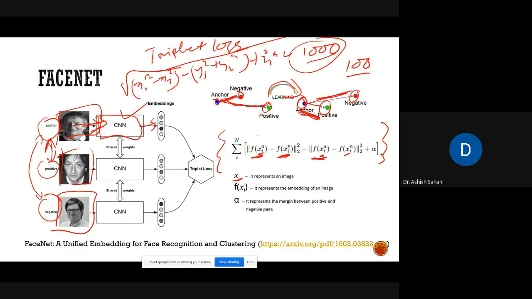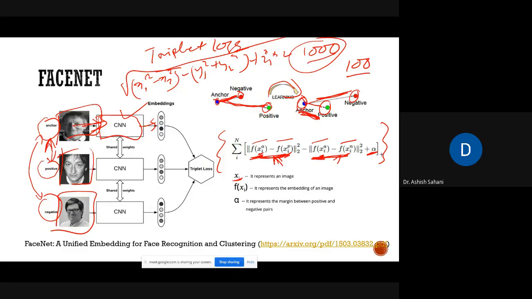Now we calculate the distance between the embedding of the anchor and the positive, and the embedding of the anchor and the negative, and the distance between these two should be at least alpha away.